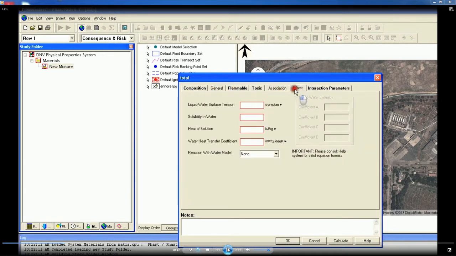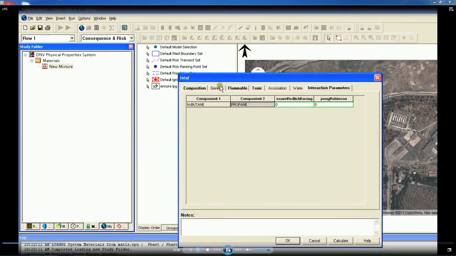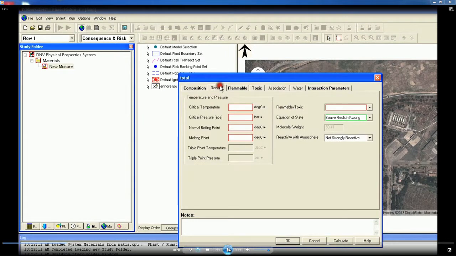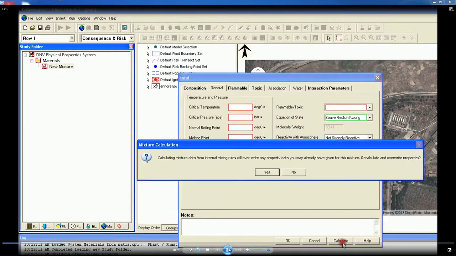I can always calculate the overall characteristics of this specific new mixture by simply saying calculate. You see here it is calculated. Now, the mixture data is being collected for internal mixing rules and overwrite any property data available to you, and therefore, it recalculates the value.